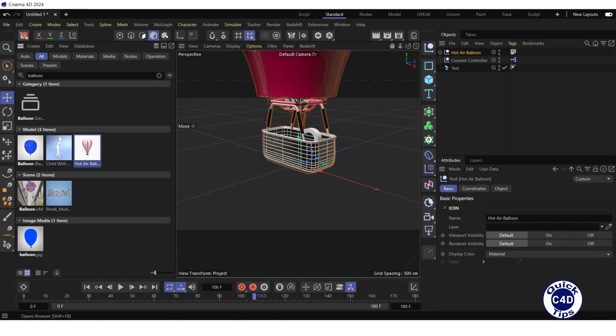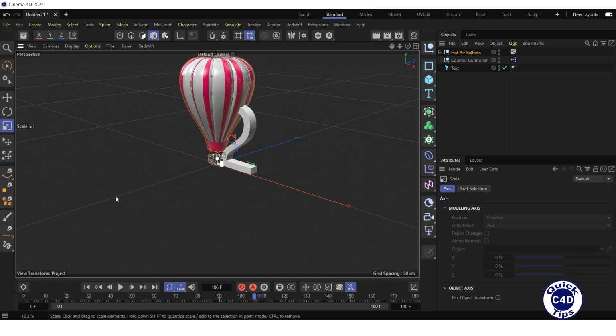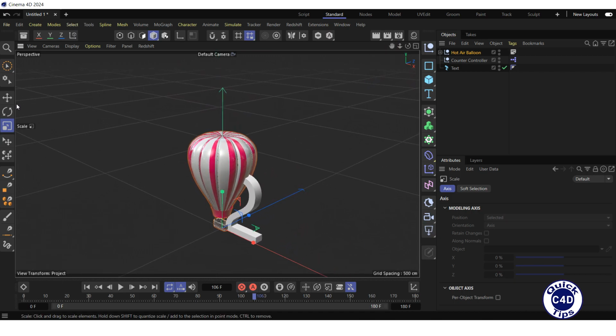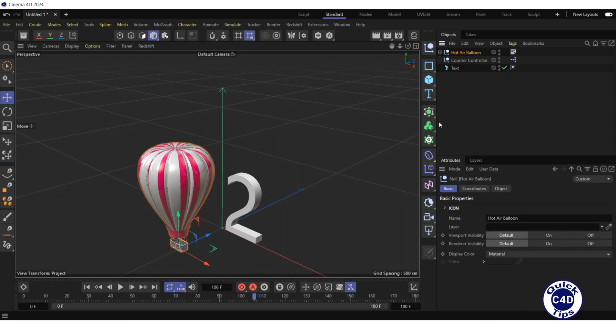Close the Asset Browser, click on the Scale logo, make the balloon smaller, click on the Move logo, and drag the balloon a little against the Z-axis. Click on the hot air balloon in the Object Manager, extend the timeline to 300 frames, move the time slider to frame 150, and click on the Record Active Objects logo to create the first keyframe